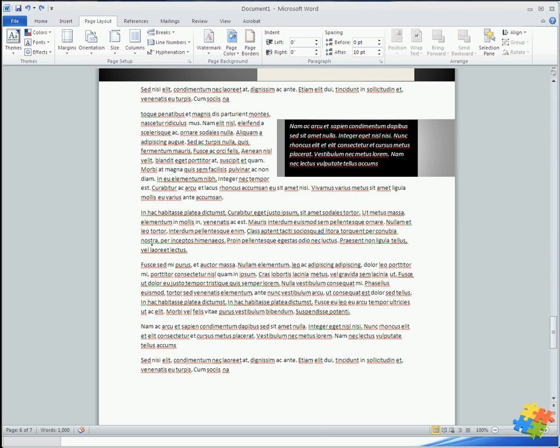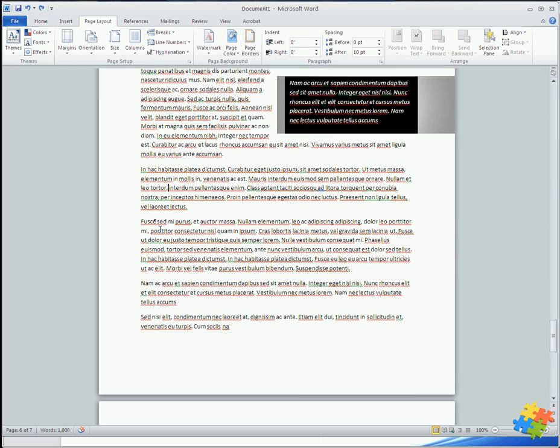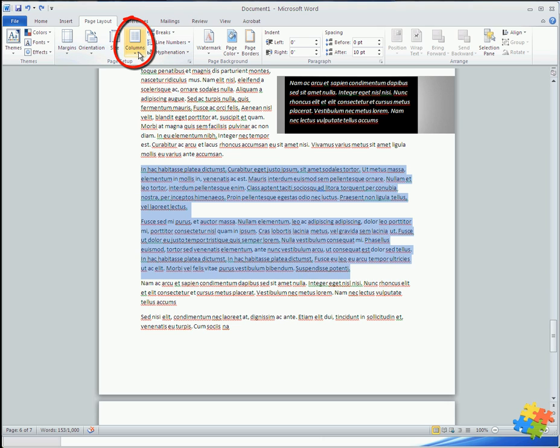Columns in Word 2010 is really easy to use, and we're just going to demo some of its functionality. So here I've just got some text, and I've decided that it should really be presented in columns. Now this could be a bulleted list, it doesn't just have to be text. And so all I do is highlight the text, and then I come up here to the top and